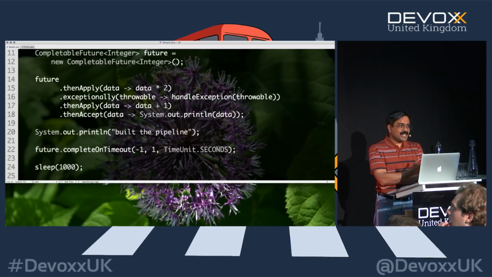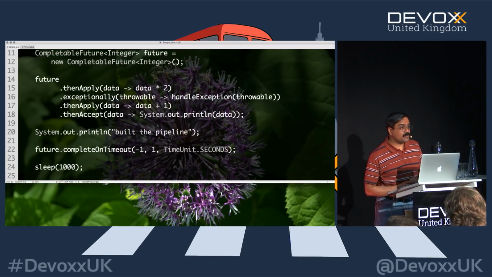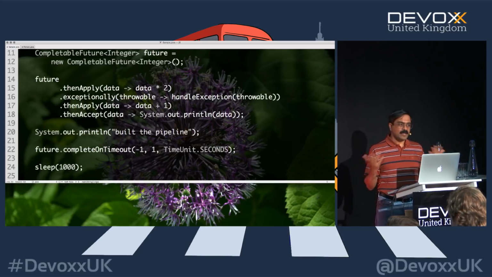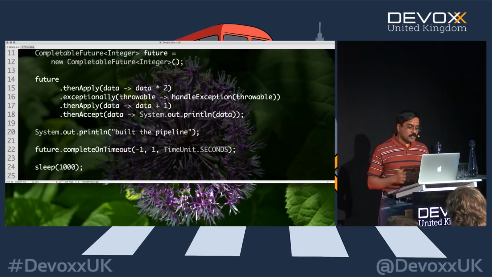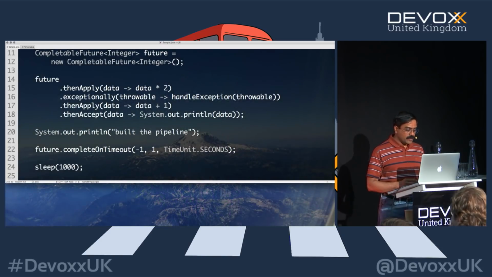And I'm not suggesting that's the right thing to do or the wrong thing to do. That's what the API gives you. It depends on your problem at hand. You can say, I'm going to wait for this task to finish for a while. If it doesn't finish, I'm going to use this response and move forward because it makes sense in my application. So this is basically saying, timeout with a -1 at that point and resolve it with that result.